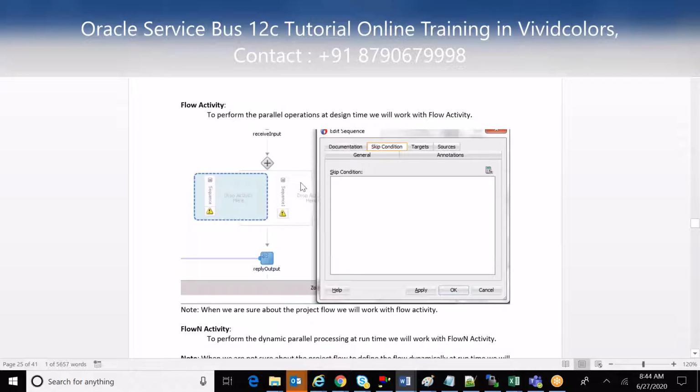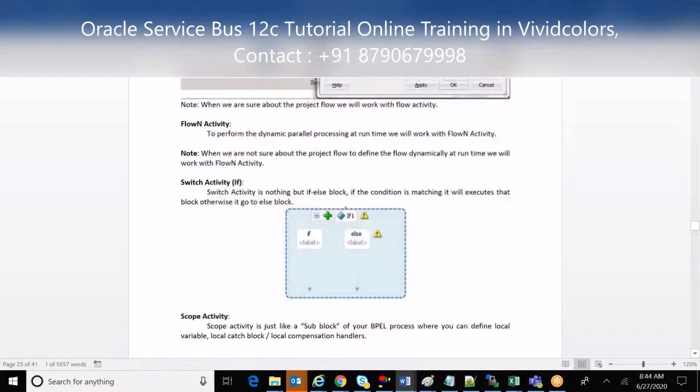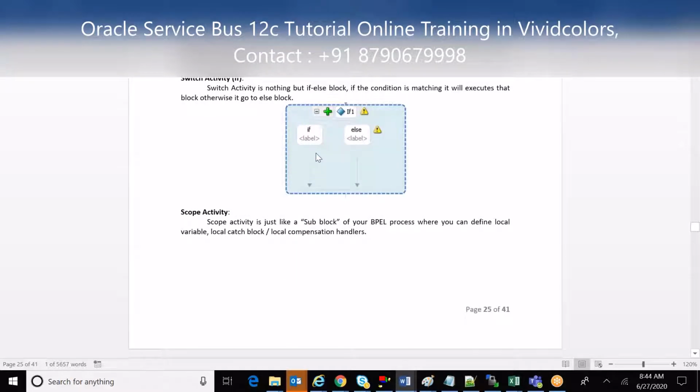Currently they modified this configure thing; I'm not sure whether it is available in the lab policy. Something they modified, it is not available. Switch case is kind of like if. The same switch condition is available in Java as if else. The activity name is switch. You can put an if else condition: if this condition is true go this side, otherwise go the other.